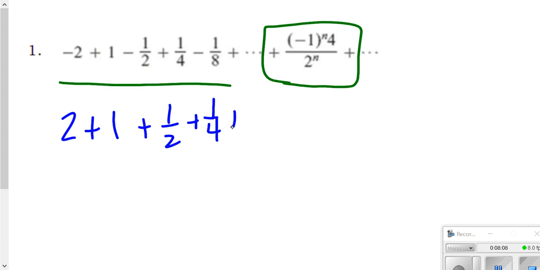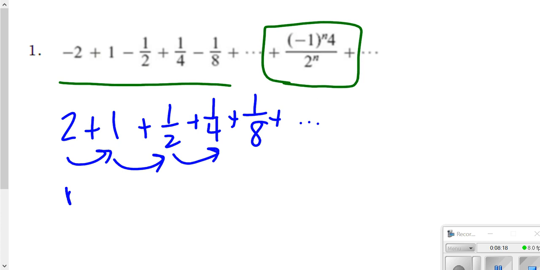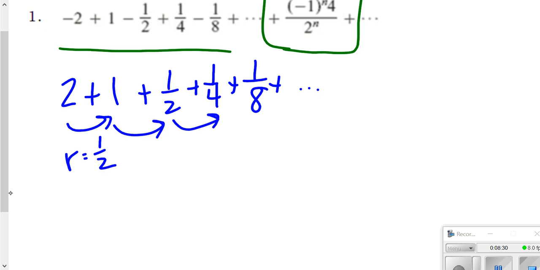I'm writing out the terms just to help you conceptualize what we're talking about. Okay, and when I look at that, I notice, aha, this is geometric with a ratio of 1/2. Okay, and so that's very good to know. And I know then that this positive twin converges. Therefore, I am done. Okay, so I would say this series